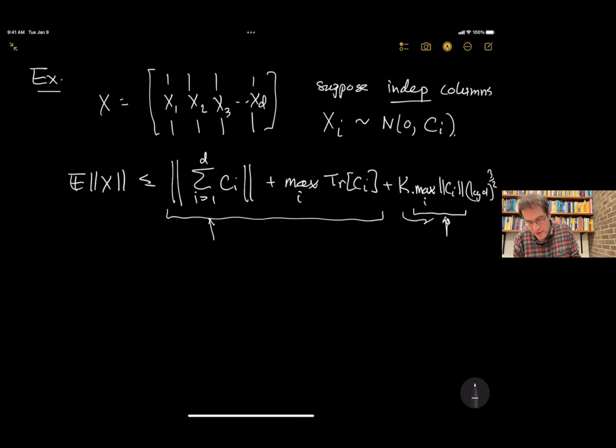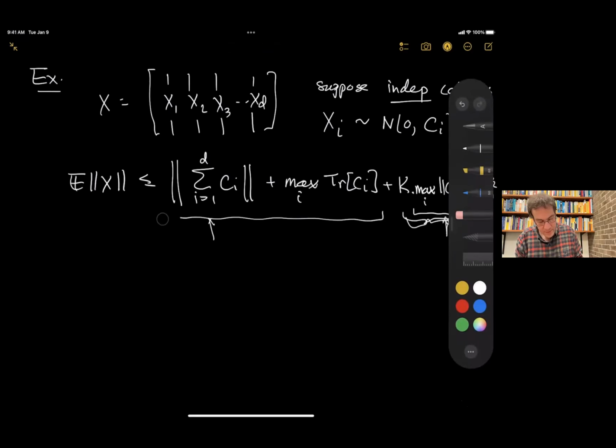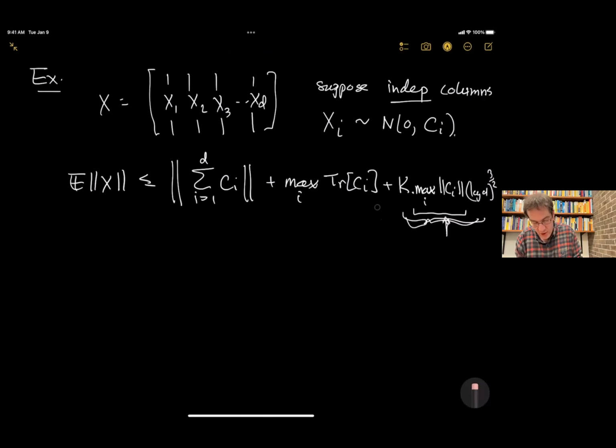In the case of diagonal matrices, this term over here dominates. But it takes very little for that term to be negligible compared to the leading order behavior. And in that case, this inequality actually turns out to be sharp. You can find a lower bound which is of the same order as the leading term. So it's a very basic example, but it shows that we can somehow effortlessly prove inequalities in settings that we really didn't have any tools to study before introducing this kind of machine.